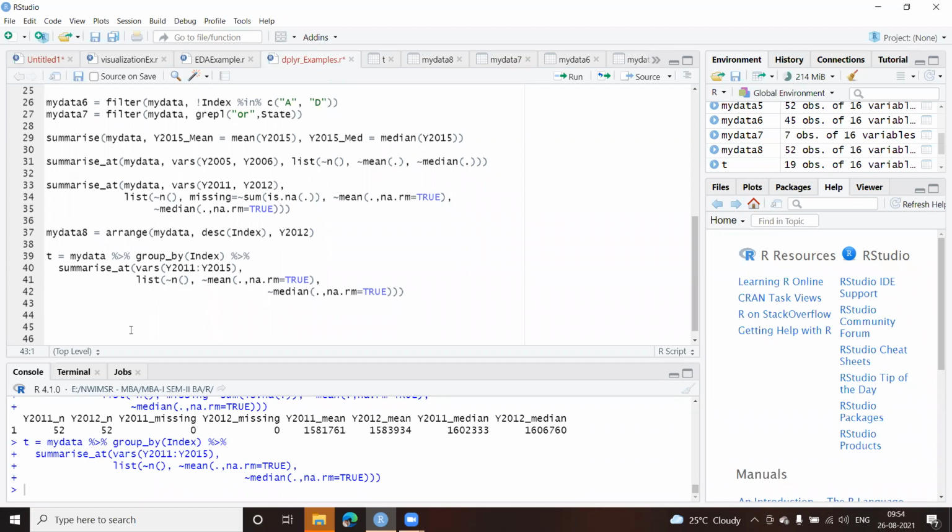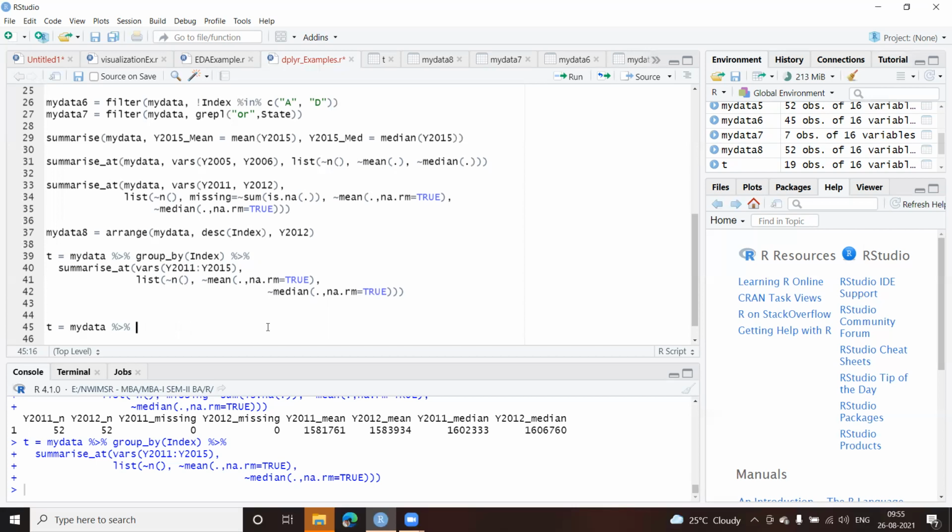Let me copy this whole thing. What I'll do is suppose we need to get the top 2 rows. Let us say we want the top 2 rows from index A and C, and let us add one more, I, as well, for variables. So I'll use my data and the pipeline. I won't use group by. Let us remove this. So I have my data and the pipe.